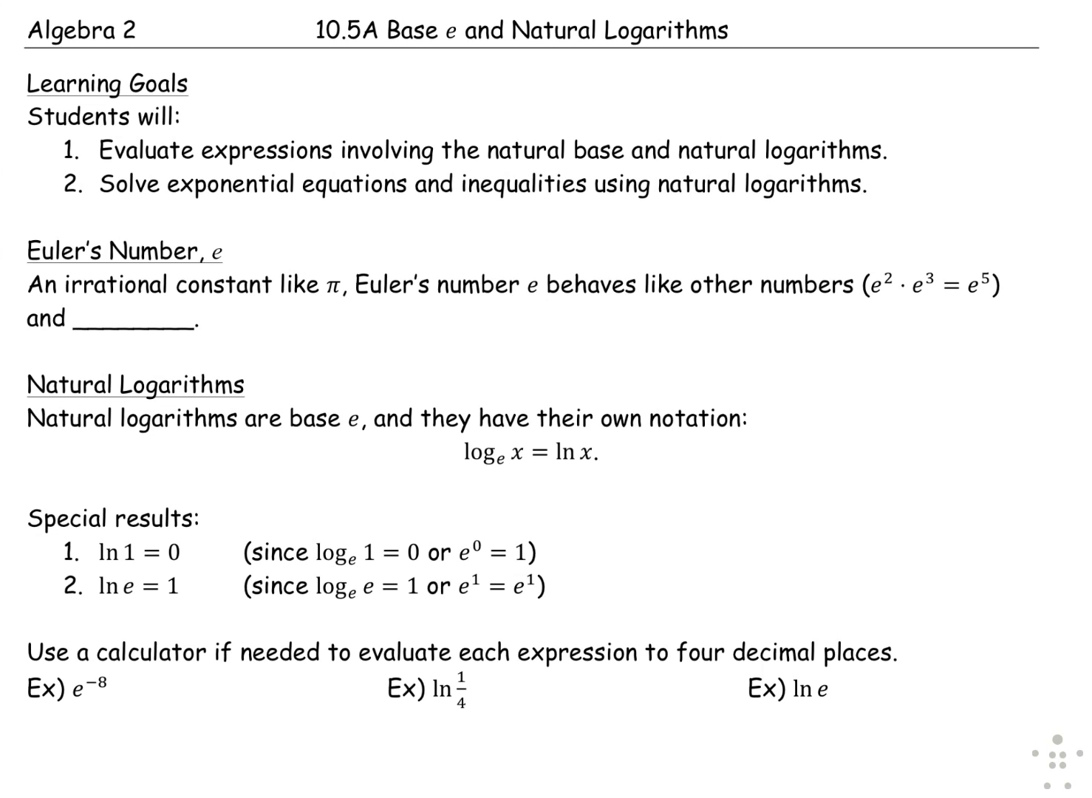10.5a, base e in natural logarithms. In this lesson, we learn a new numerical constant. At some point in your math careers, you learned about pi being the ratio of the circumference over the diameter. Now that was big news. Other major mathematical constants are 0, 1, and what we're looking at today is Euler's number